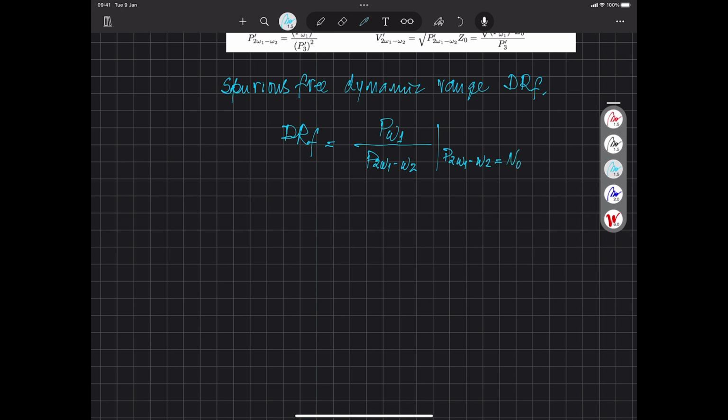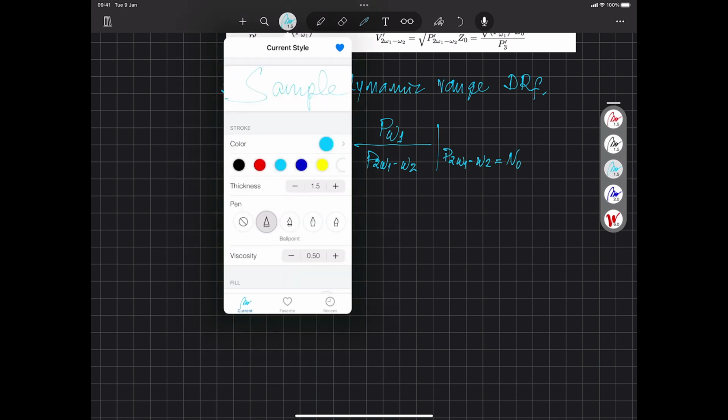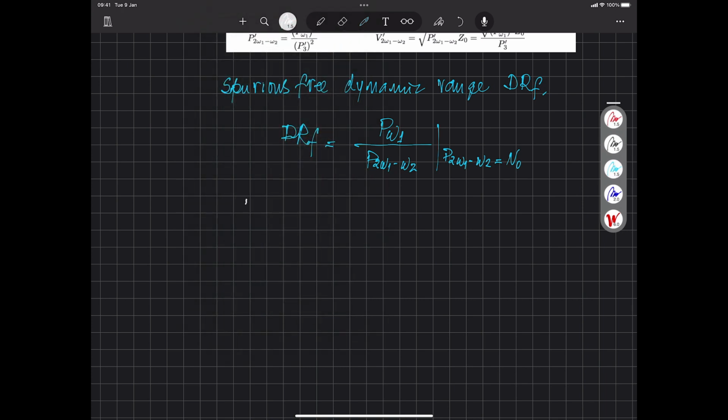That's the definition. However, we know from previously that the intermodulation distortion level is equal